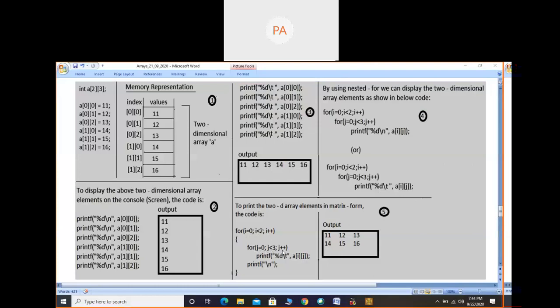So what we do here is, until the first row is completed, we use backslash t. Once the first row is completed, when you go to the second row, we use backslash n. I think this kind of for loop, that is the tracing part, we have discussed. So printf of percent d backslash t, a of i j. i indicates row index, j indicates column index. First time it will substitute 0 0, next 0 1, 0 2. So it will print 11 12 13 in the first row, 14 15 16 in the second row.